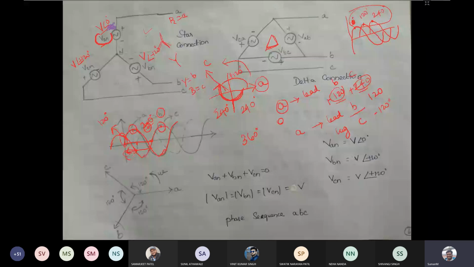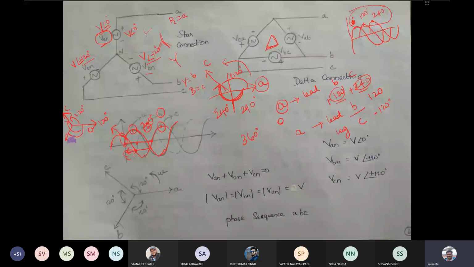So here, A phase is mentioned as V angle 0. B phase is mentioned as V angle minus 120 degree, and C phase is mentioned as plus 120 degree. So it is mentioned in this fashion. It is like some xy coordinate, if you see. So this is 0 degree. C phase is either leading by 120 degree, you can consider like that, or lagging by 240 degree, like that also you can consider in clockwise direction. Then B phase is lagging the A phase by 120 degree.